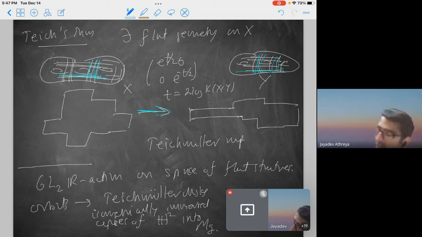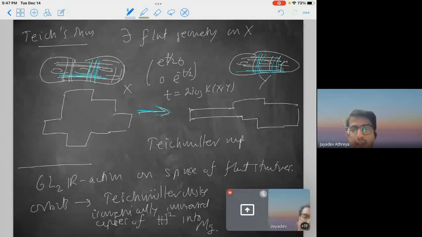So studying these flat structures allows you to understand really interesting submanifolds of the moduli space of Riemann surfaces, really natural